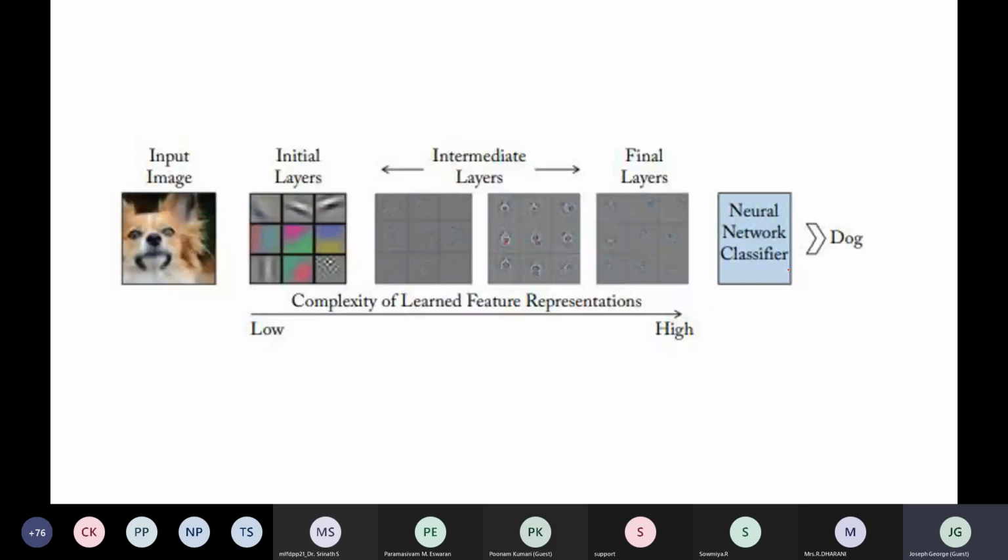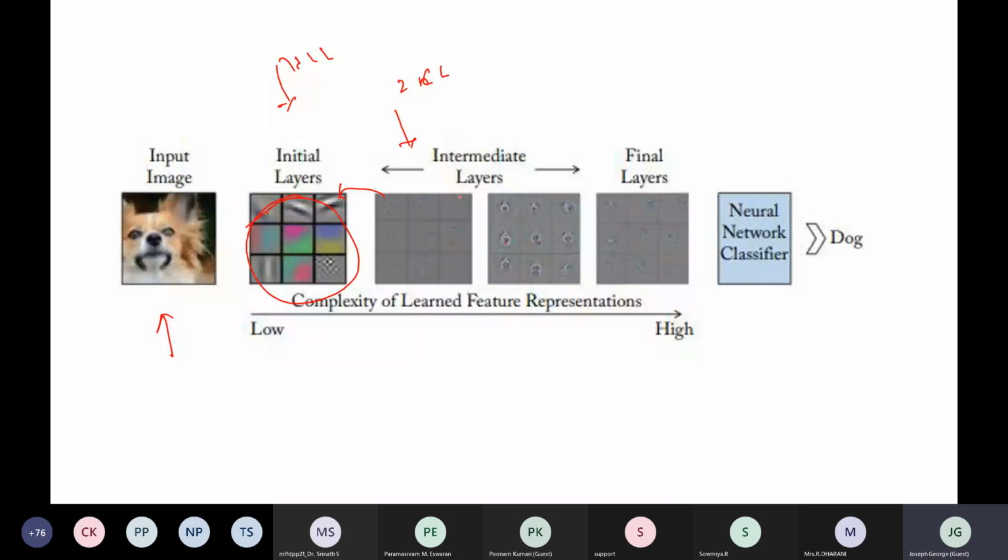In general, if you give an input image, in the first convolution layer you will extract some higher level features, and in the second convolution layer you will extract features from this particular feature map, and in the third convolution layer you will extract features from the next feature map.